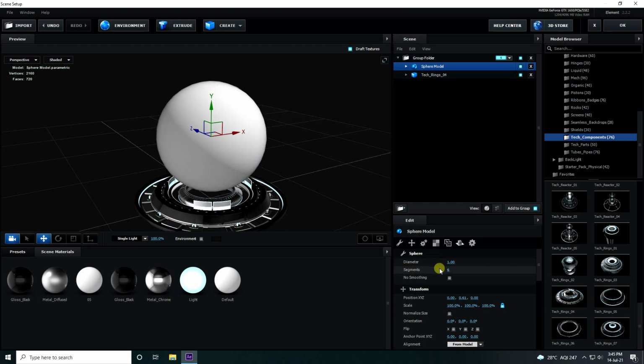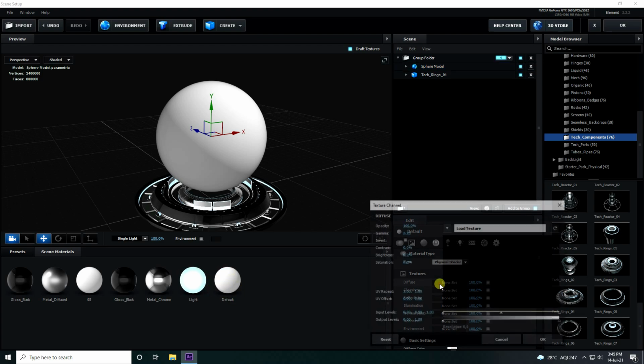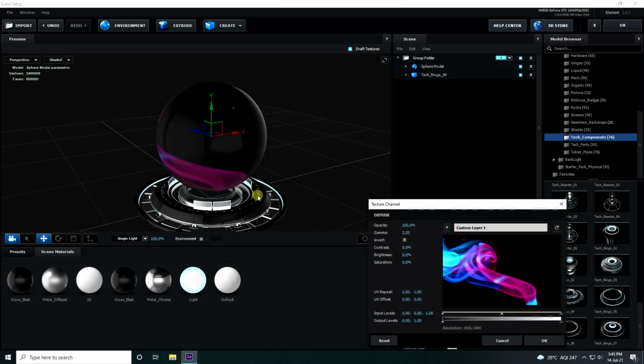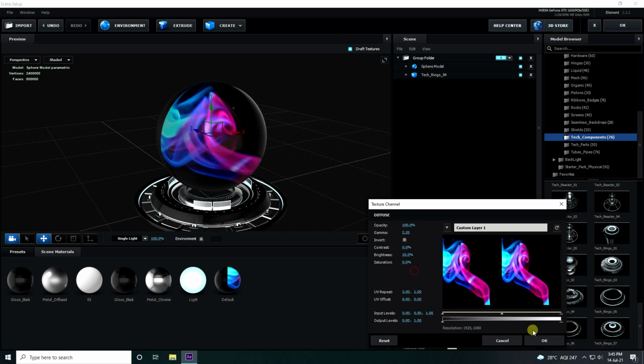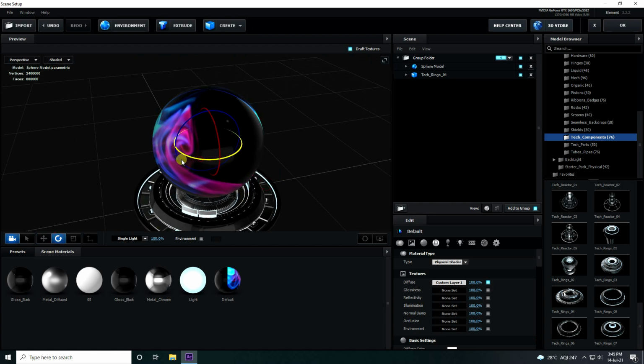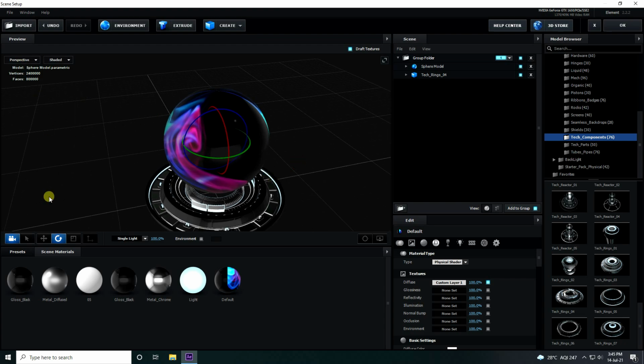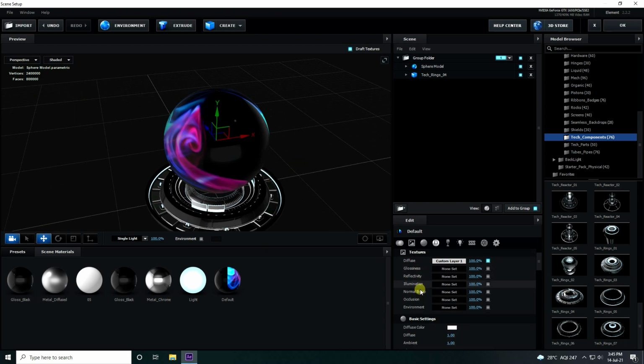So guys, I increase segments, I like 200. So guys, select this default material, this one, and load texture. Guys, brightness I like 10 and repeat UV, this one I like 2. Press OK. Right, and rotate like this. Great.